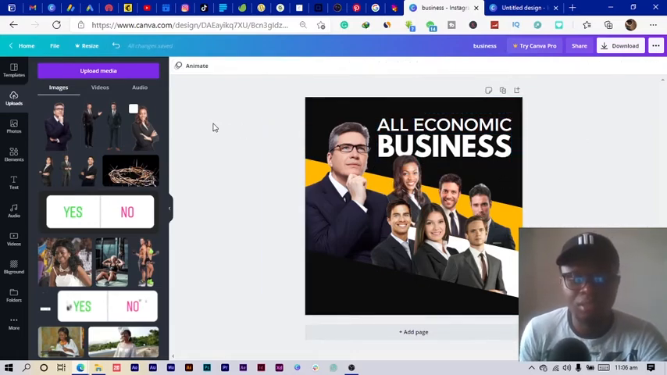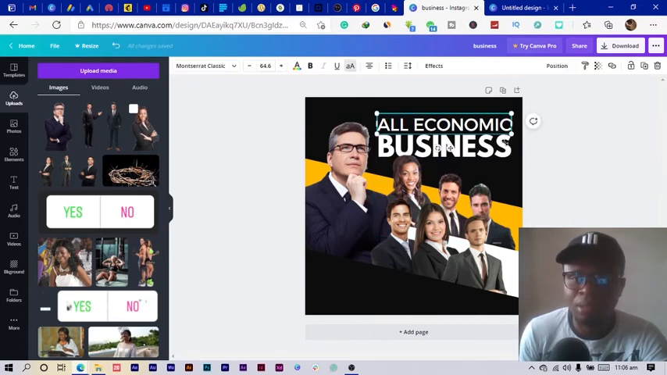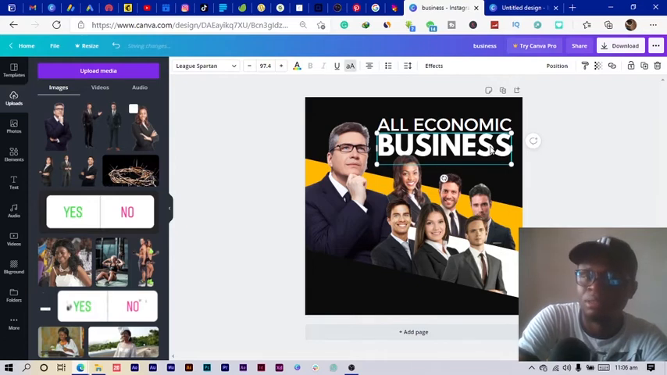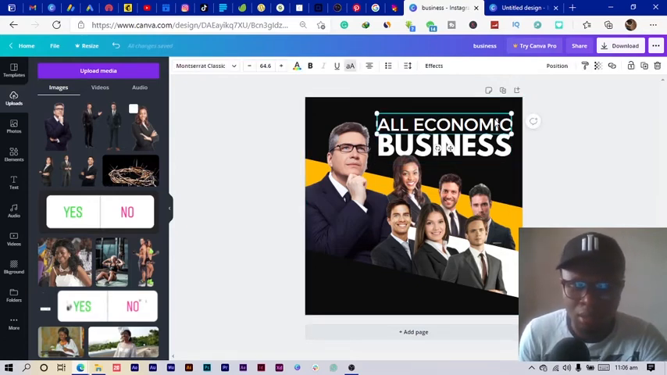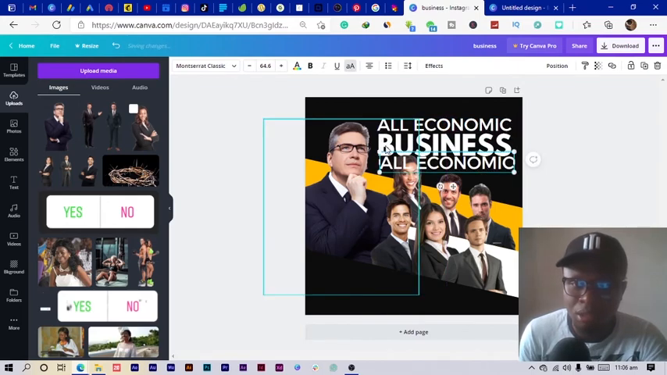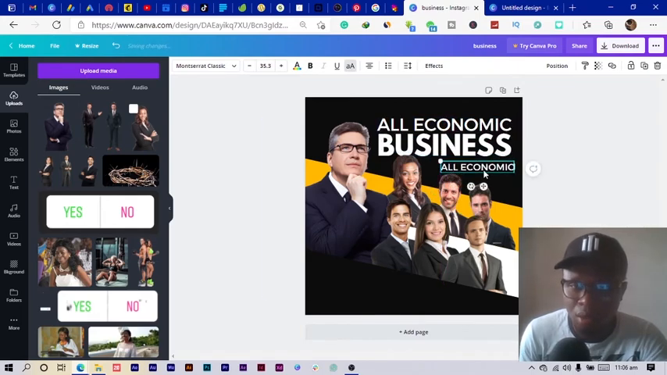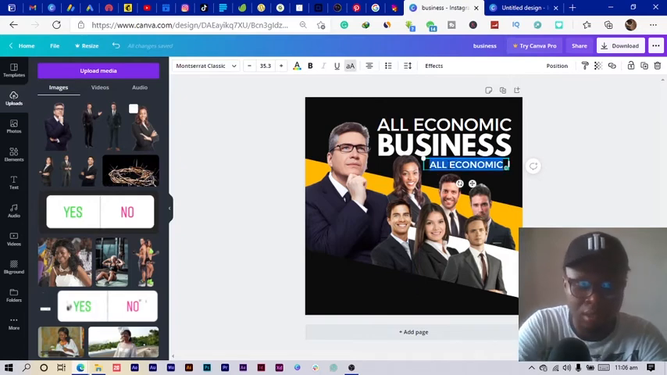Then we can say something like all economic business conference. Definitely it is going to be a conference, nothing else than that. So I can duplicate this one, make it smaller, position it down here, and way smaller. Because the lady's head is there, we'll just position it somewhere here. I can say conference,